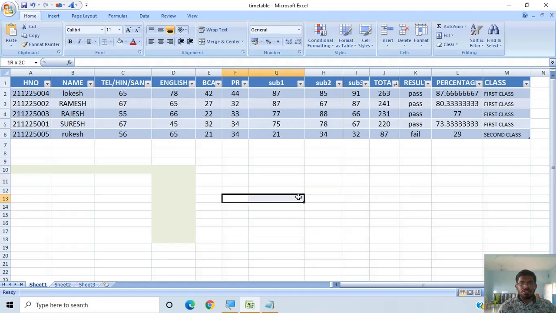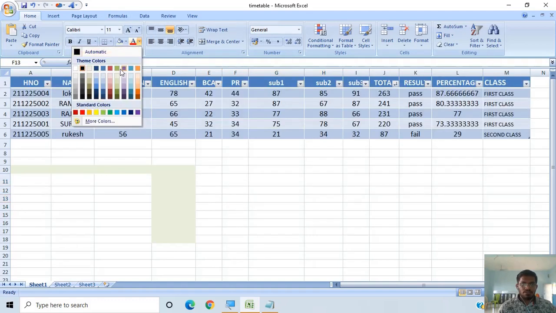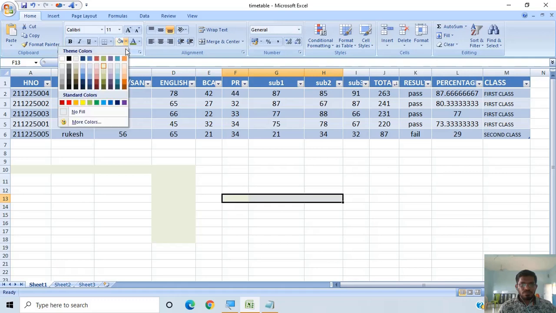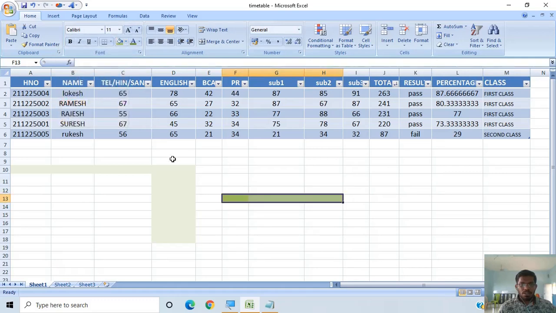you want to merge the cells, that means you want to select, I am going to apply the color here. First of all, I am selecting this one and I am applying the color. Okay, I have applied the color here. See, it is a different cell. Yes, right, it is a different cell. By clicking this one, I want to merge all these three now, and go to Merge and Center here.